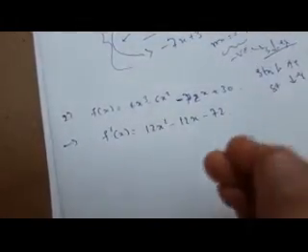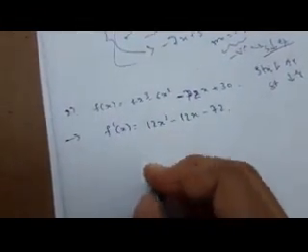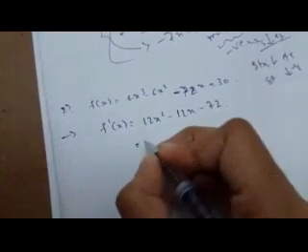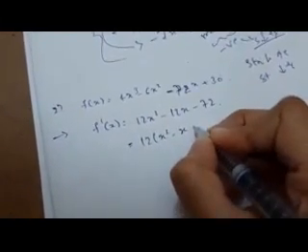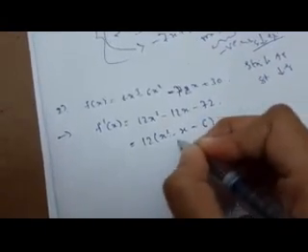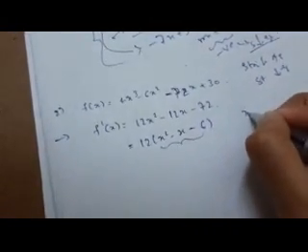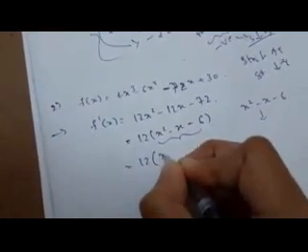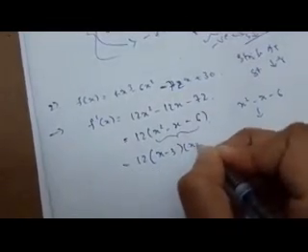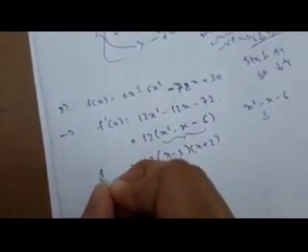After finding f dash of x, we can first simplify it. How does it become? If I take 12 common outside, x square minus x minus 6. Upon factorizing x square minus x minus 6, what are we going to get? Our factorization is 12 into x minus 3 into x plus 2. So this is our f dash of x. Now we have f dash of x in the simplest form.